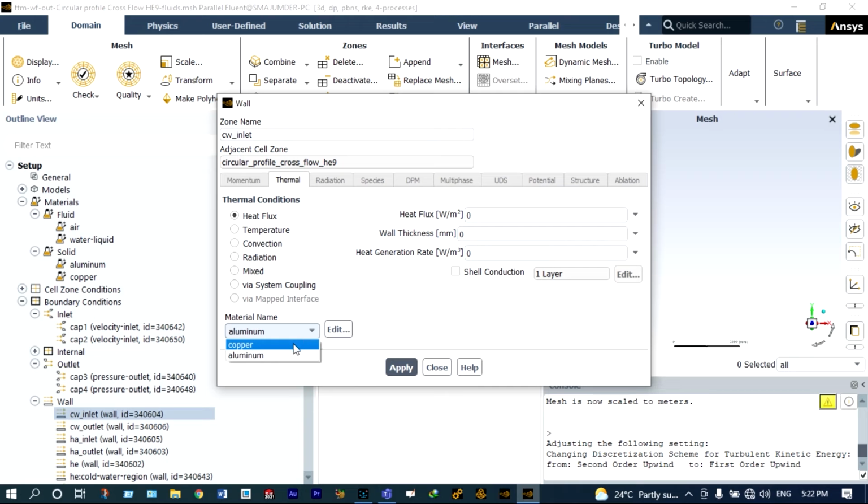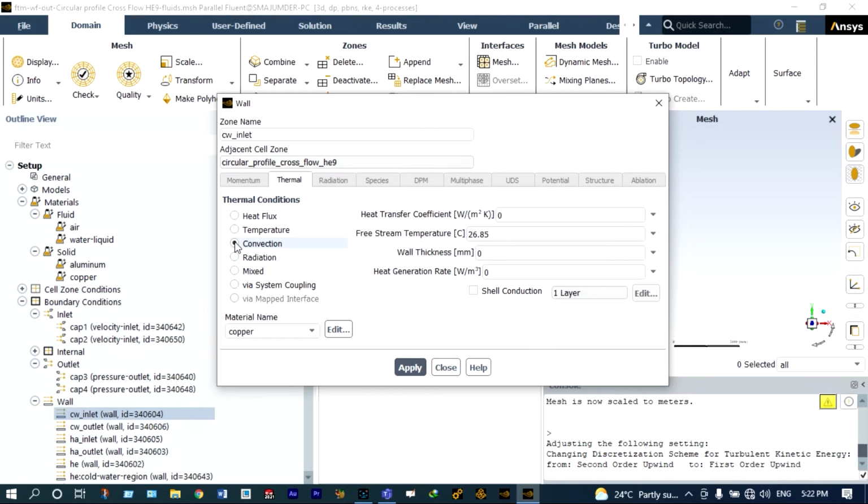All the walls are made up of copper, and from these walls heat will be transferred by convection with a specific convective heat transfer coefficient. Let us consider the convective heat transfer coefficient to be 20 watt per meter square degree Kelvin, at a temperature of 30 degrees centigrade, and we are considering wall thickness to be 0.01 millimeter. Let us apply